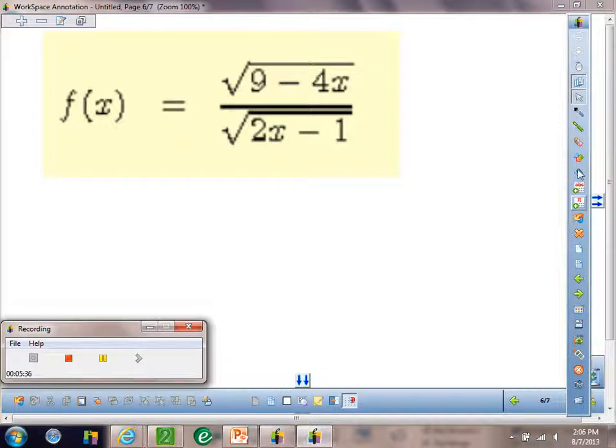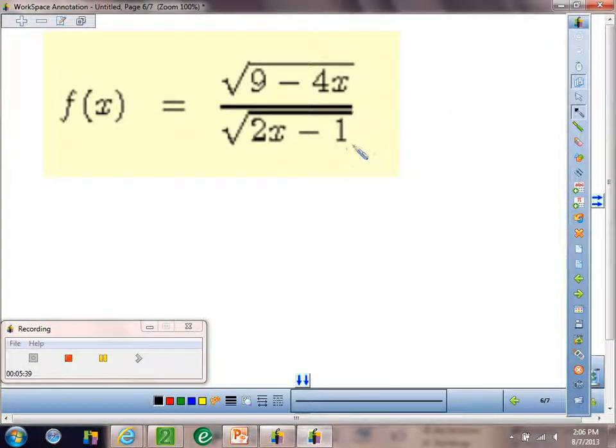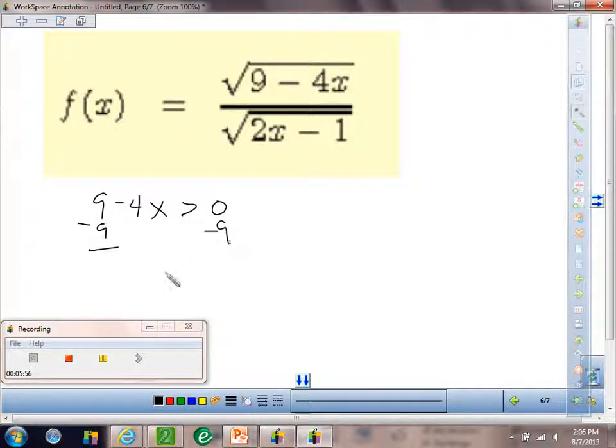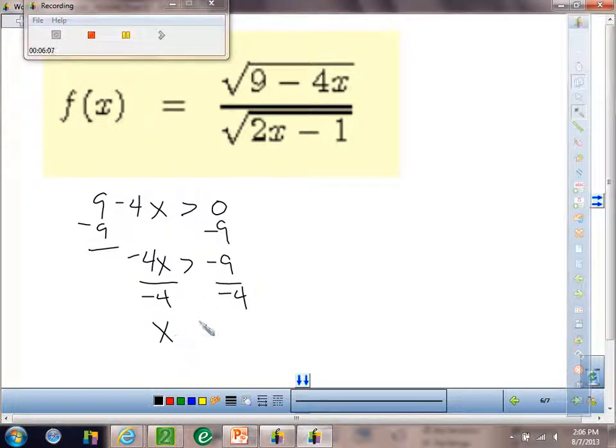Alright, now this one is more involved because we've got quite a few things going on. So first of all, we can't have a negative in the numerator because of the square root. So let's go ahead and do 9 minus 4x, and it's got to be greater than 0. So let's subtract 9, and so we get negative 4x is greater than negative 9, divided by negative 4. Now when we divide by that negative, remember we have to reverse the inequality. So we get x is less than